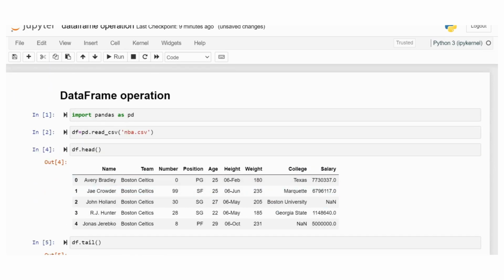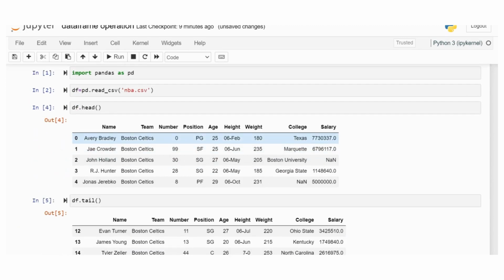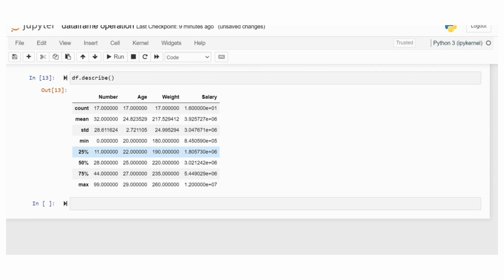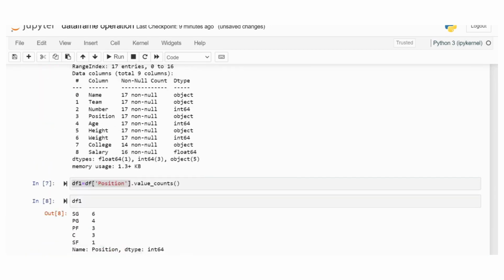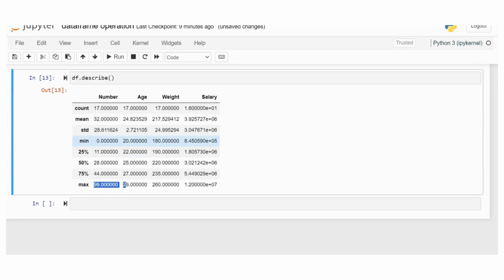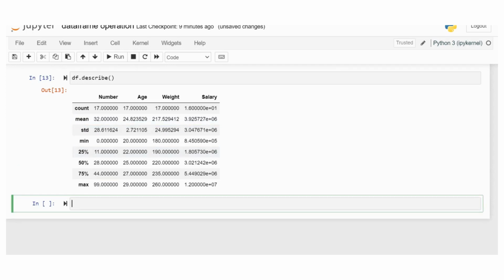Now let's check: minimum value is 0, and the 25%, 50% and maximum values in the given column. Let's check the number column: the maximum value is 99. The describe function is used to get a summary about the given data set.